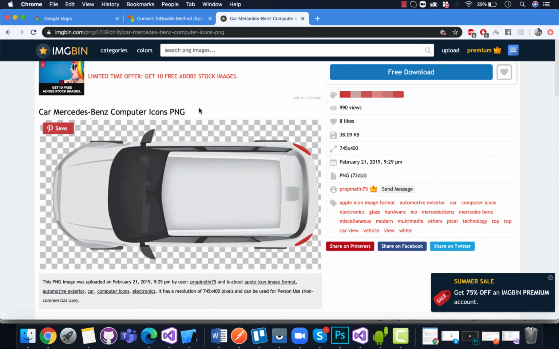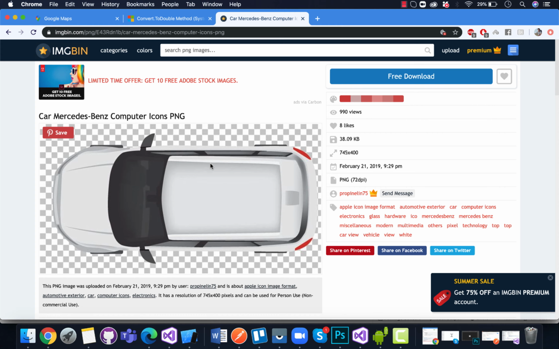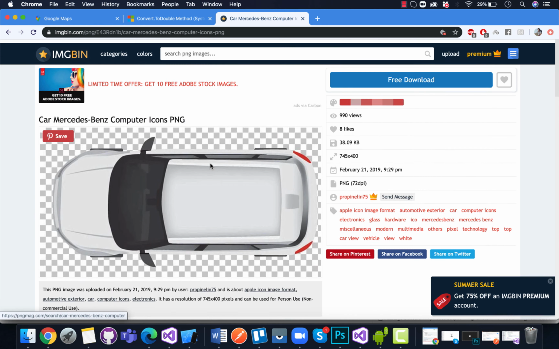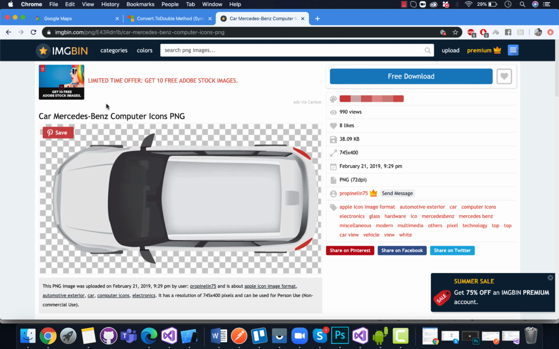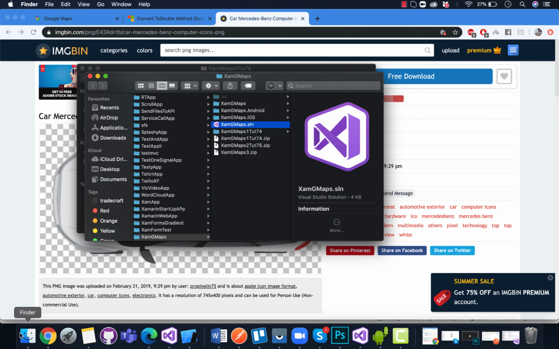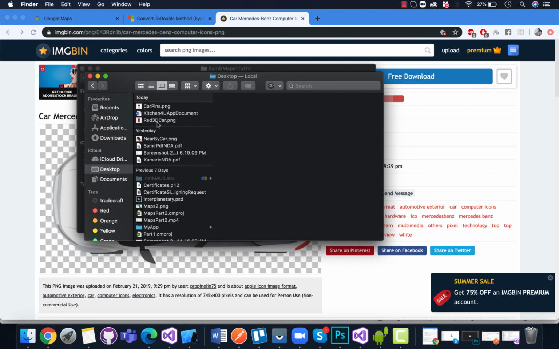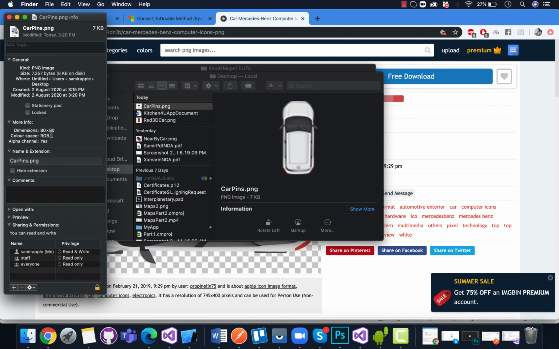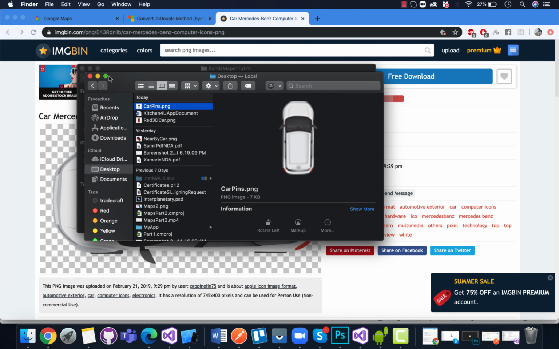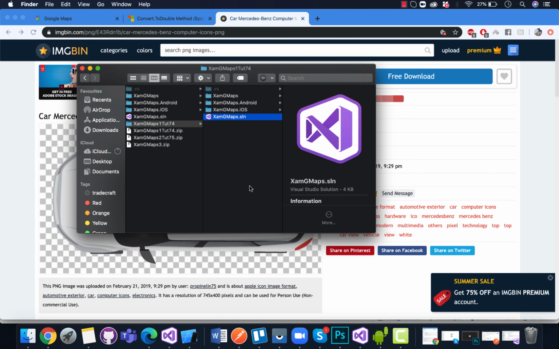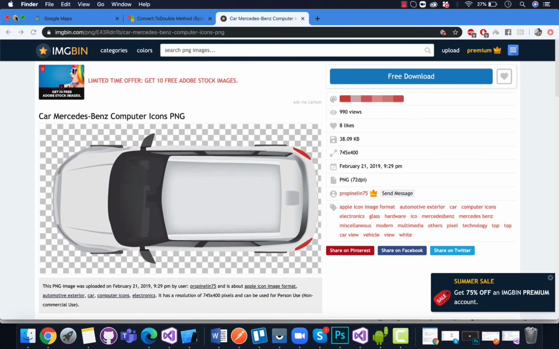So you can just grab the image using your sign up email and then just rotate it to the north facing side. That is how I have used it: I downloaded that same image, then I rotated that image to the north facing side. Then we need to just change the dimension to 80 by 80 or 120 by 120 so that the image size will be smaller inside our maps.